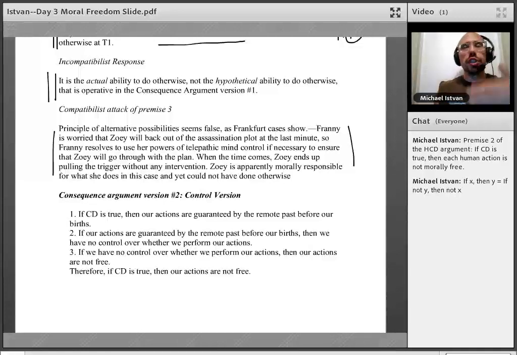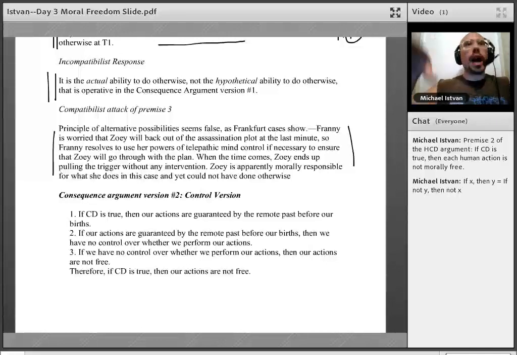You might try to readjust premise 3 to say, well, even if at the time of acting you don't have to have alternative possibilities, at least at one point in the history of your development you have to have alternative possibilities, so you could have shaped yourself into such a character that can then be doing actions freely. And then that would be enough.